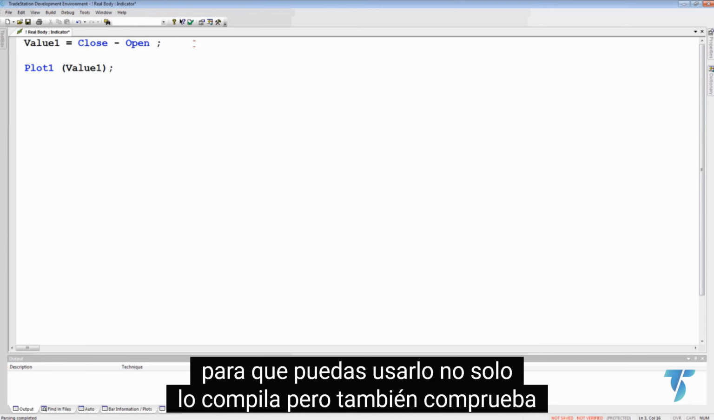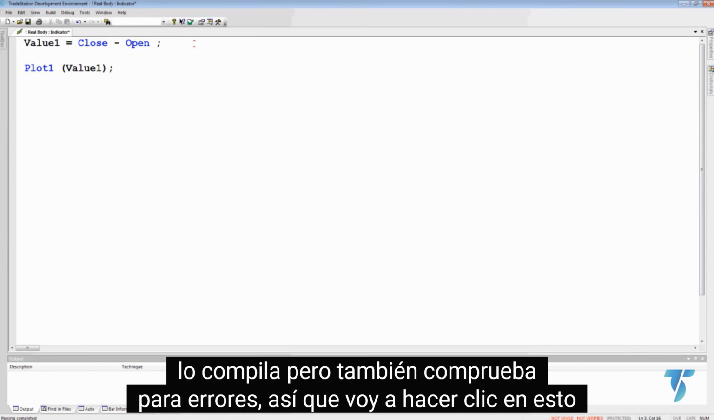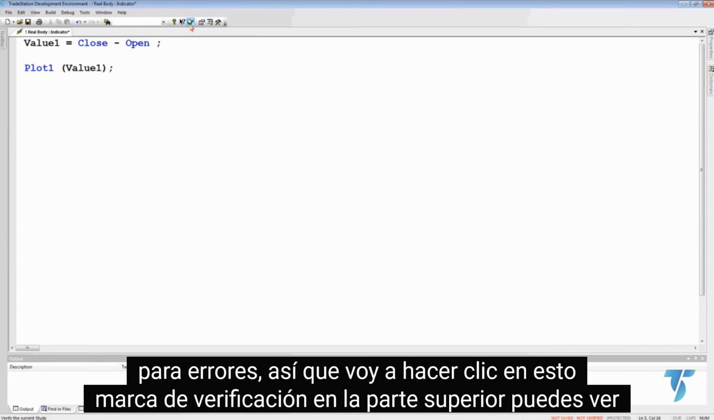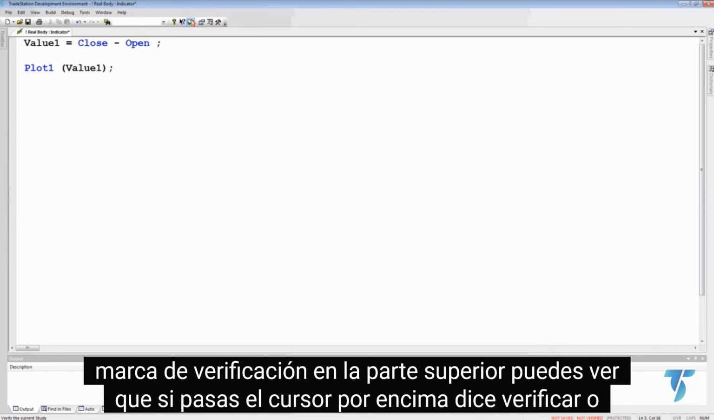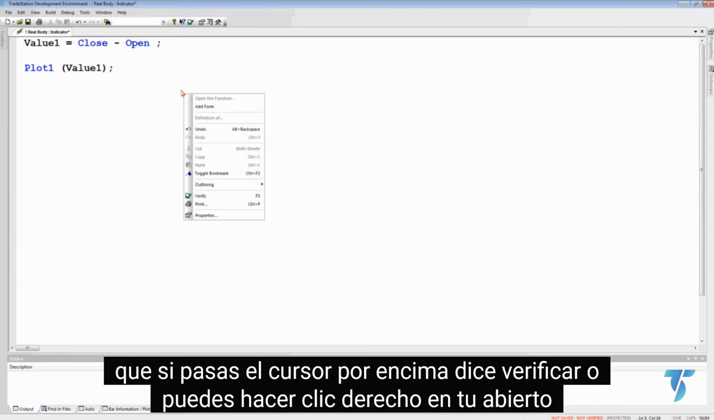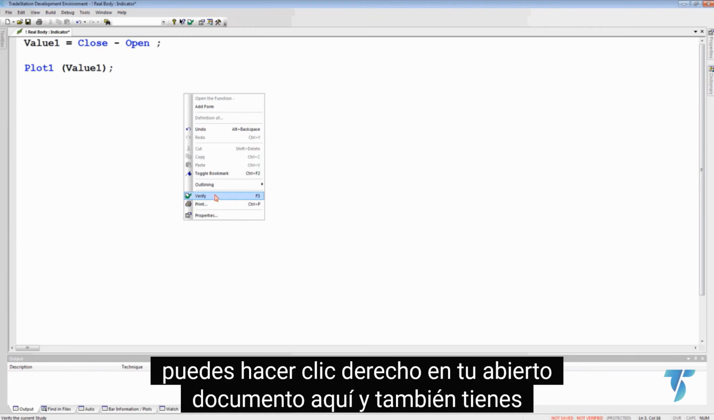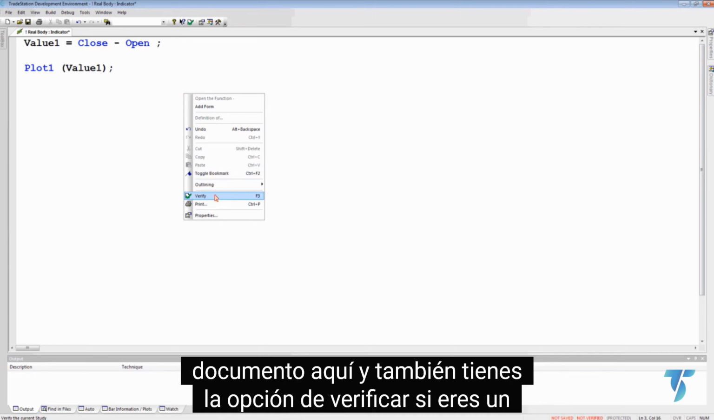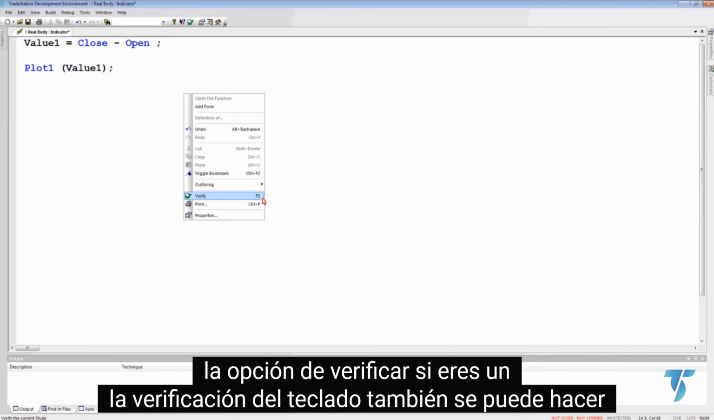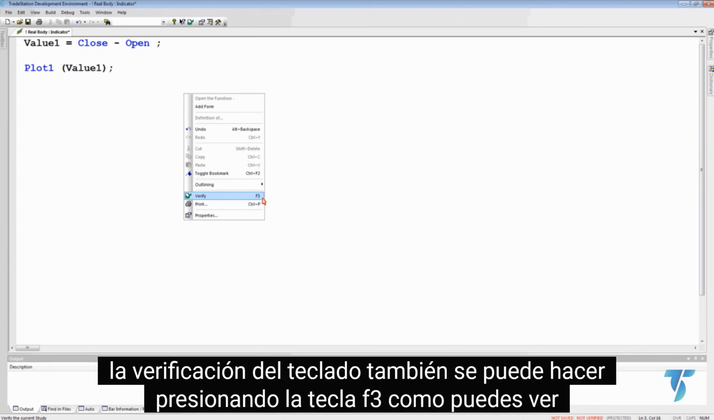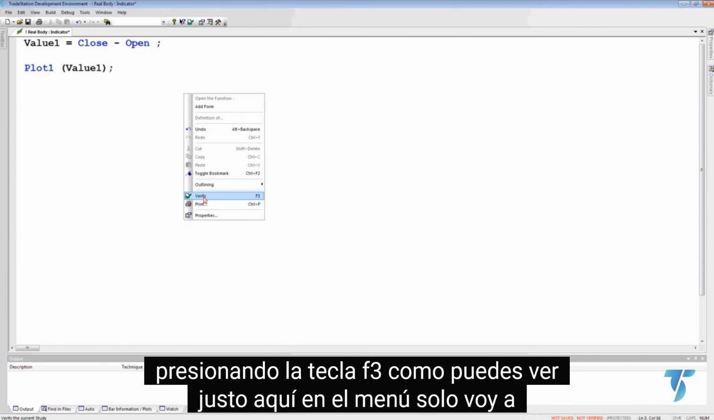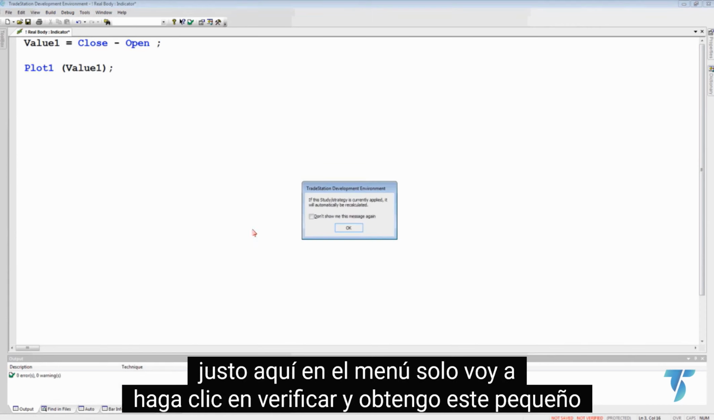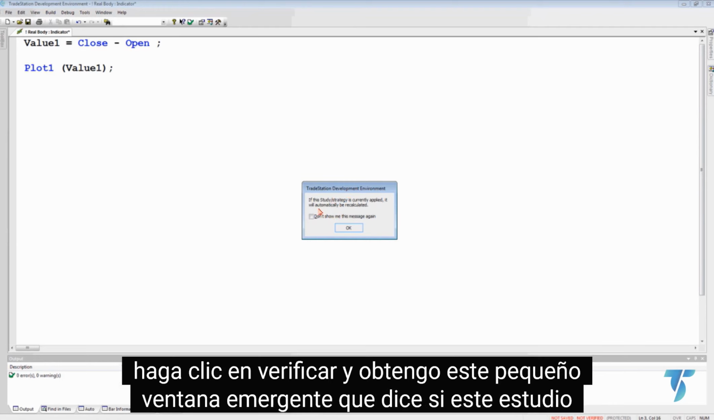Not only does it compile it, but it also checks for errors. So I'm going to click on this check mark at the very top. You can see that if you hover over it, it says verify. Or you can right click on your open document right here, and you also have the option to verify. If you're a keyboard person, verify can also be done by pressing the F3 key, as you can see right here in the menu. I'm just going to click on verify, and I get this little pop-up window that says,